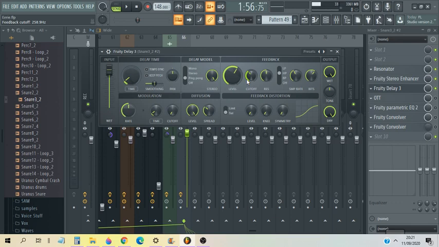So this track is in C natural minor, I think. It's either C natural or C harmonic. I don't remember off the top of my head right now. C minor. And because of that, the root note of the scale is C. So I want this drum to be pitched to the note C. And 260 hertz, I believe, is the pitch of C4, so 1 octave down from middle C.